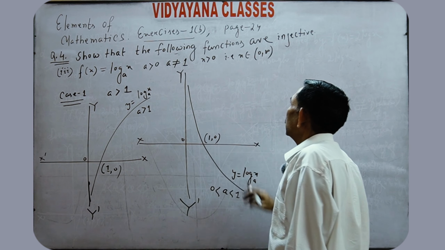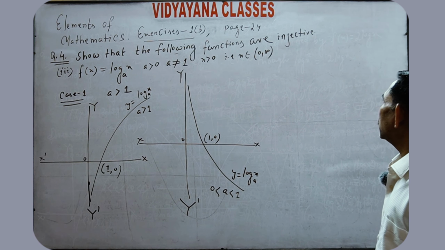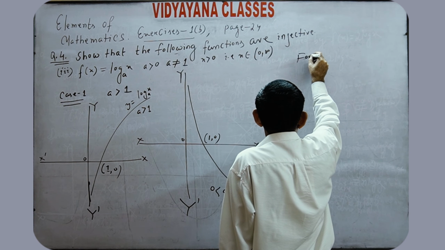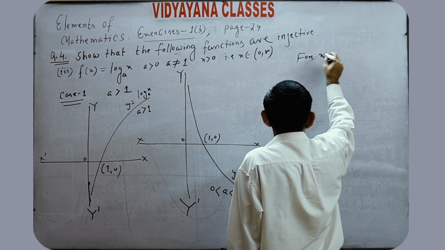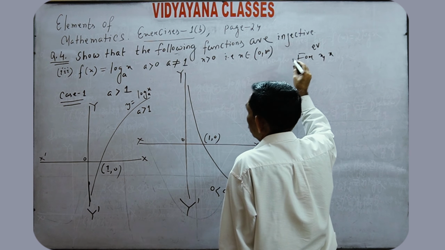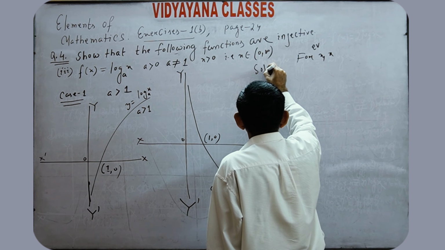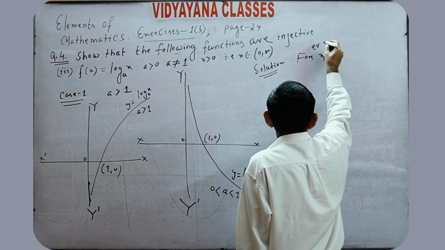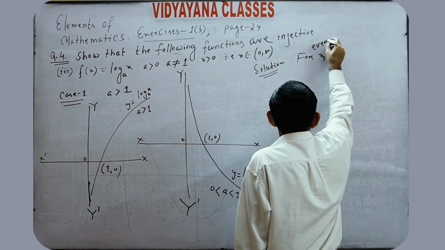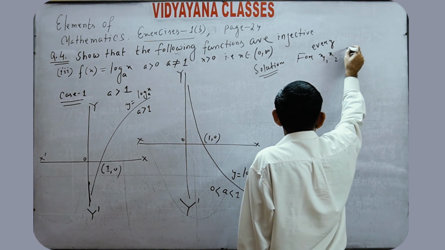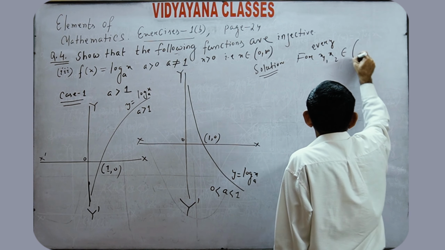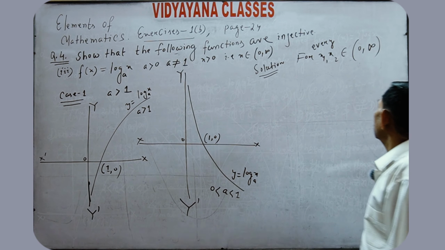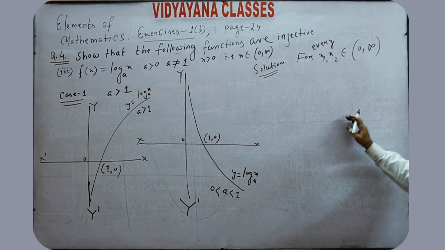That means x belongs to positive real numbers. Solution: for every x1, x2 belongs to (0, ∞), that means R plus,